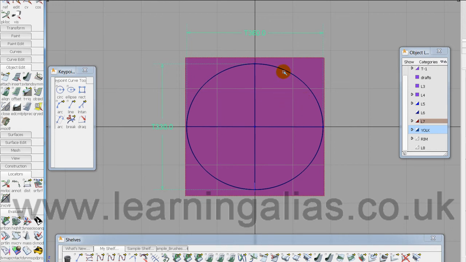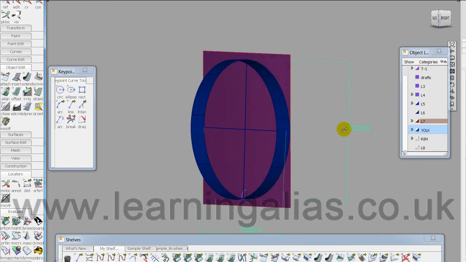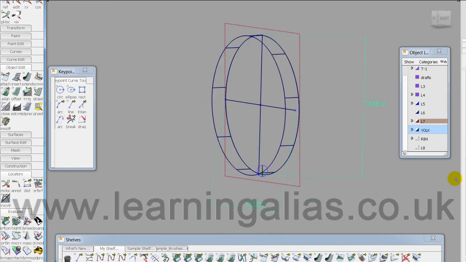Then you project the curve onto this surface, and from that curve on surface you build a draft surface like so. The next step is to take the offset tool,